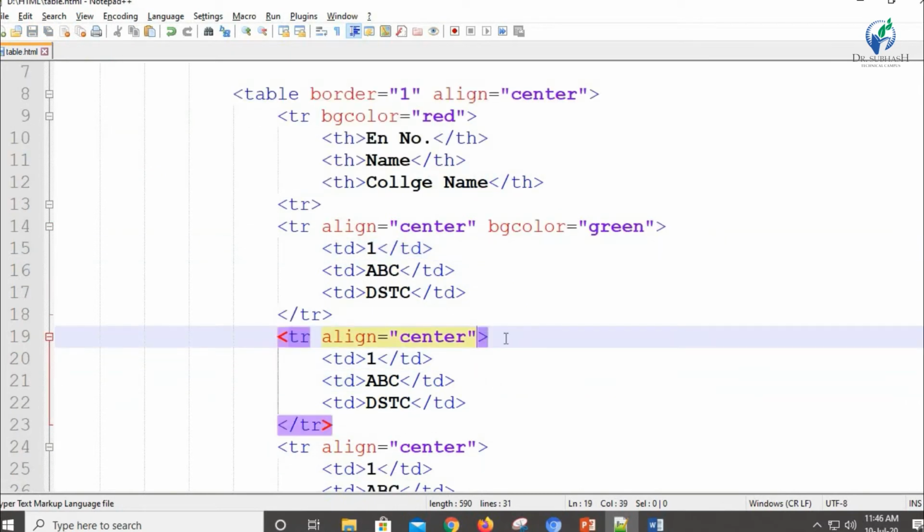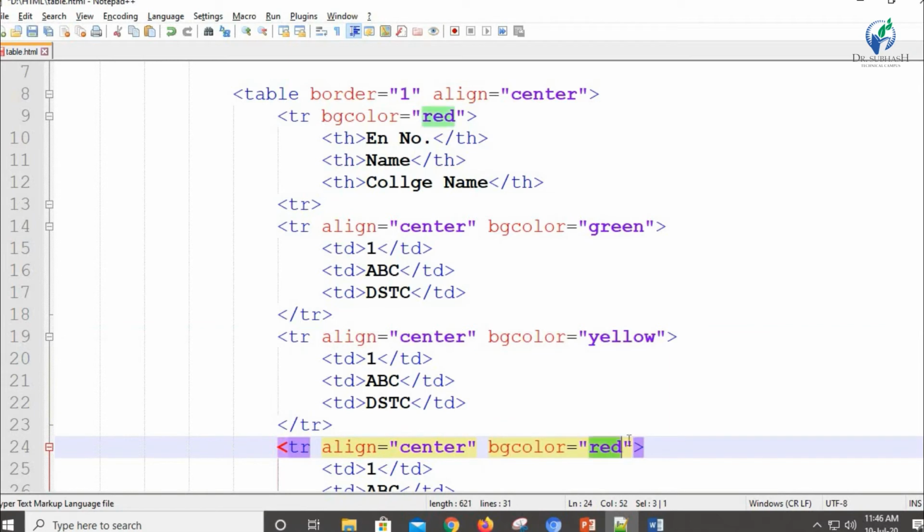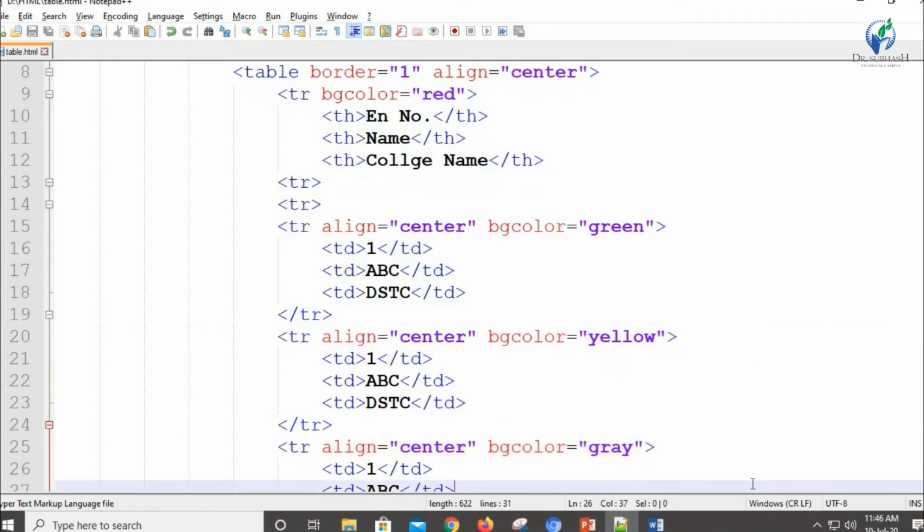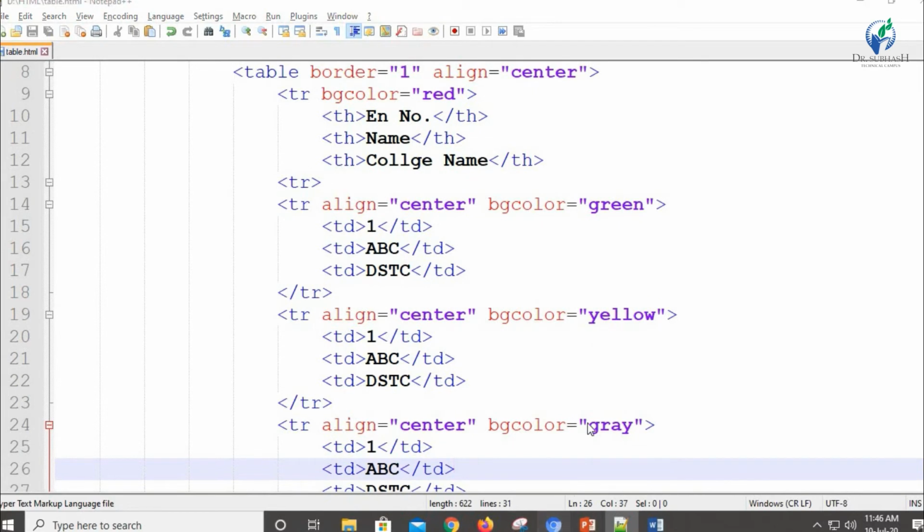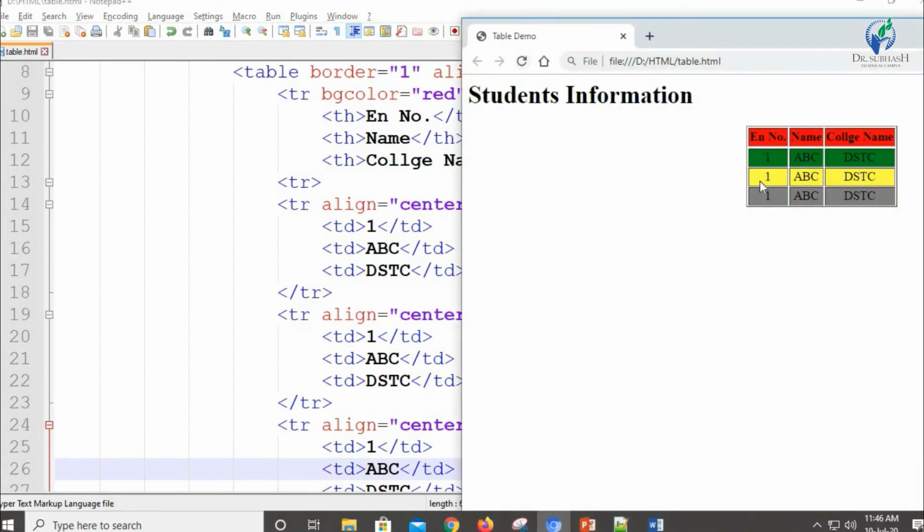The third TR we are going to have, say, yellow, and the last TR we are going to have, say, gray, okay, and we are going to execute the code. So you can see that the different rows have different colors.